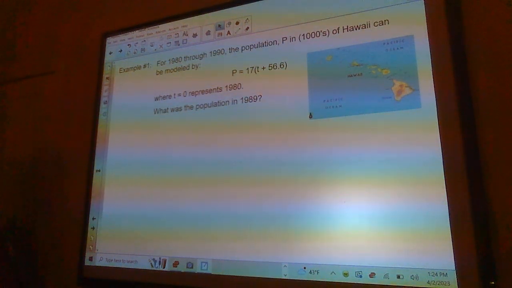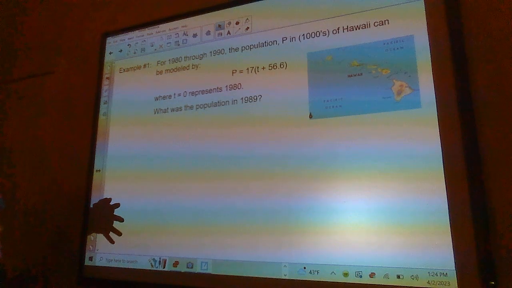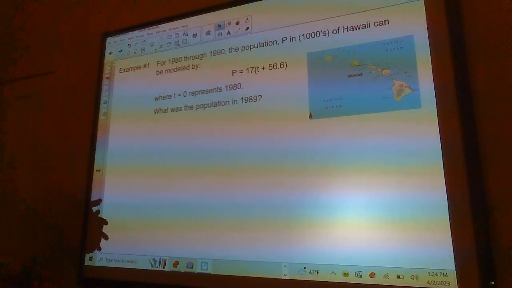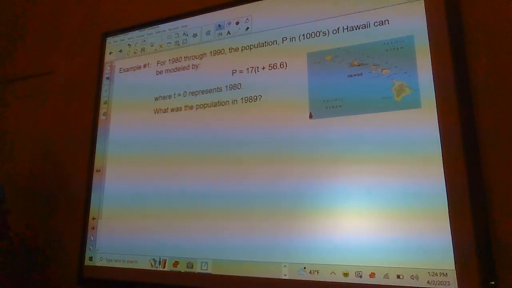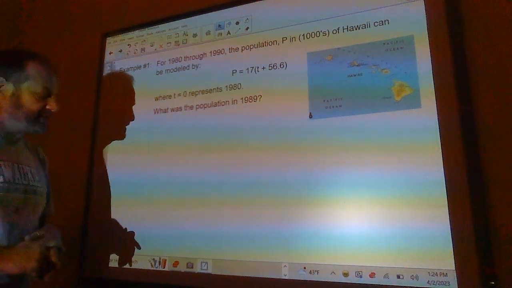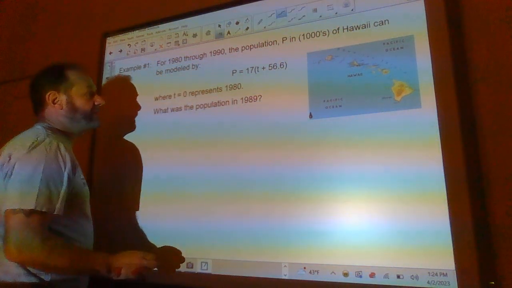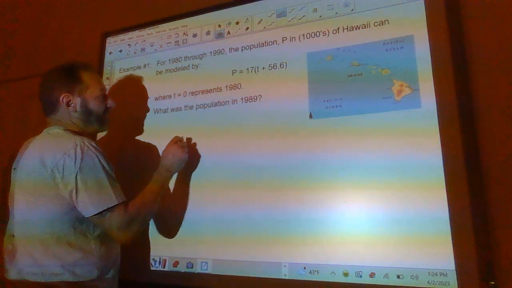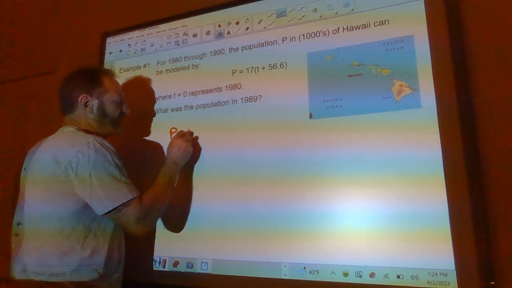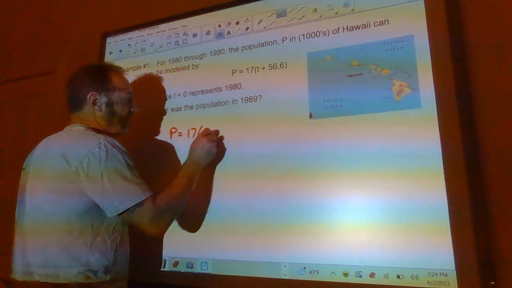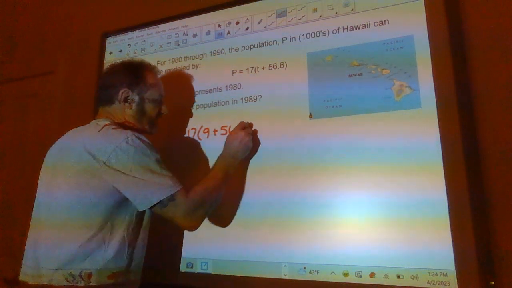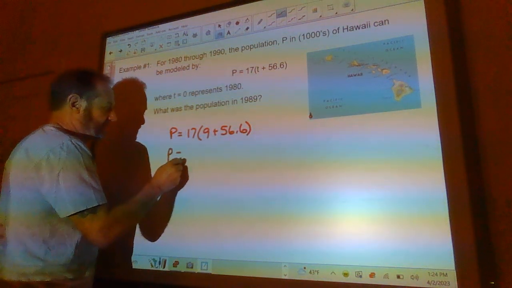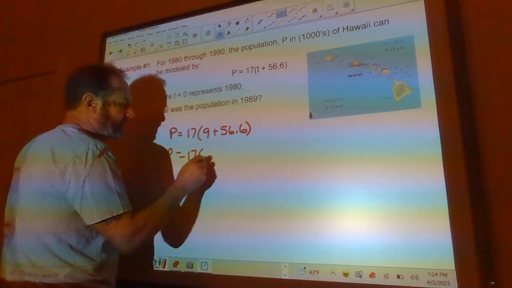All right, for 1980 through 1990, the population P in thousands of Hawaii can be modeled by P equals 17 times T plus 56.6, where T equals 0 represents 1980. What was the population in 1989? Okay, so T equals 0 is 1980. 1989 is going to be 9, so P is going to equal 17 times 9 plus 56.6. So P is going to be 17 times